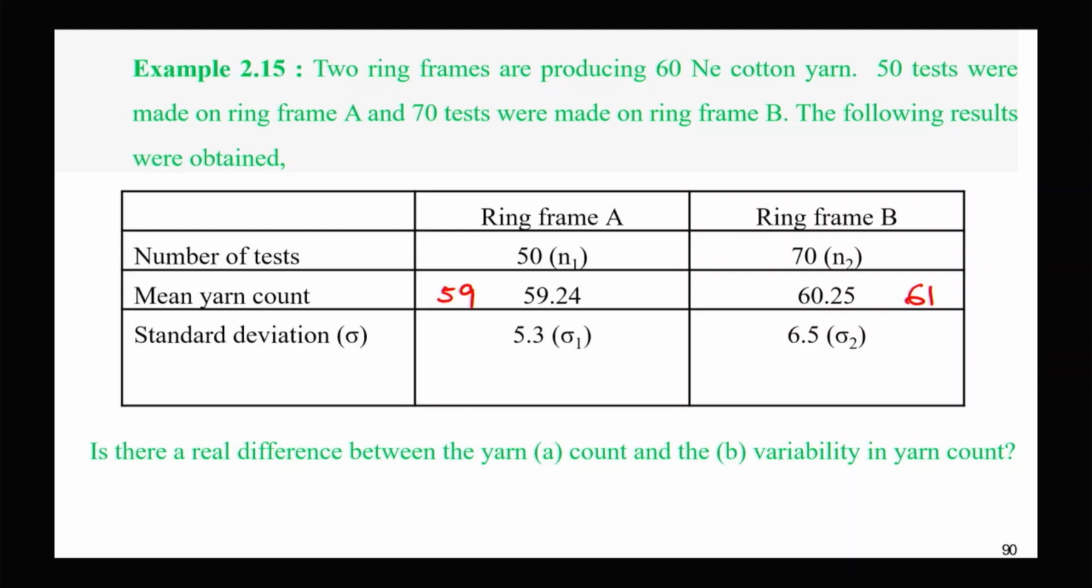59 and 61, just this much change we are doing. Now if we see between this nominal and yarn A, the t value will be, standard error will be, what is the standard error? 5.3 divided by under root 50, the standard error of mean of A is 0.74, and the t value will be 60 minus 59 by